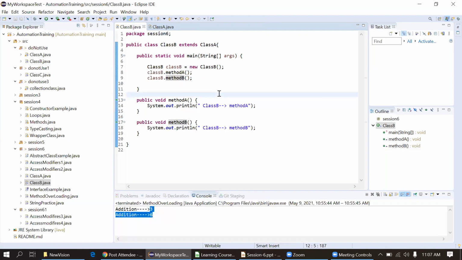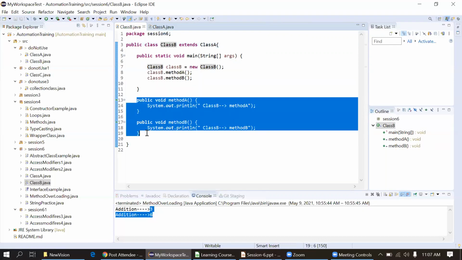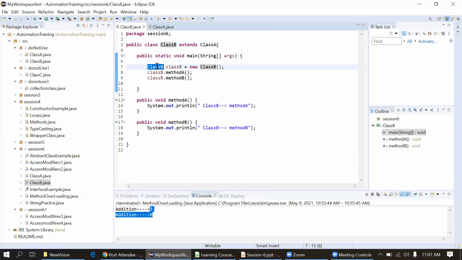Okay, so I will tell you. Whenever, you can see we are using the inheritance concept here. The same method has been defined in class A, meaning the parent class or base class, and the same method is defined in class B, meaning here in the local class as well. So whenever I create an object of class B, it will look for method A in the local class first.